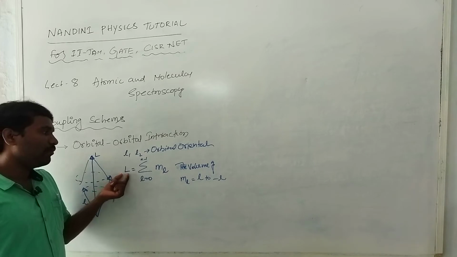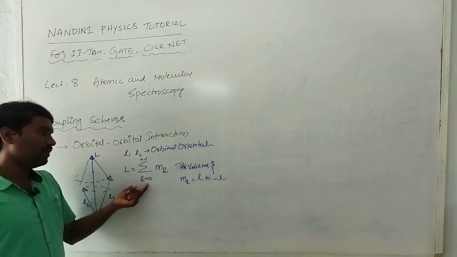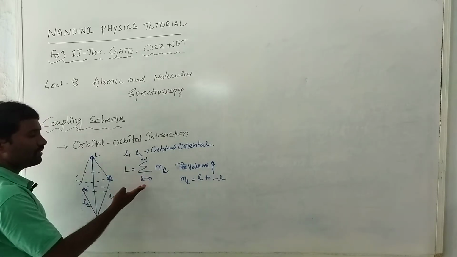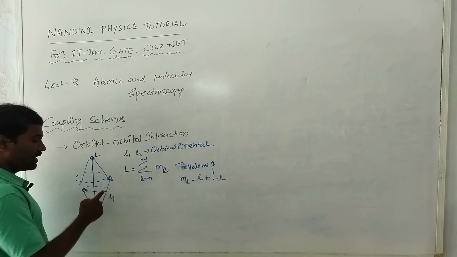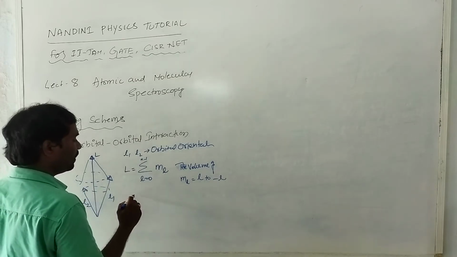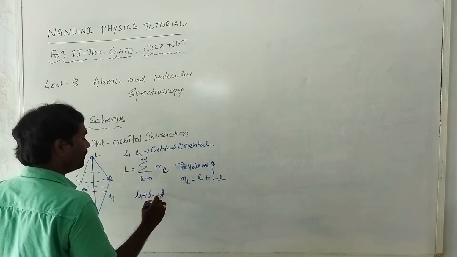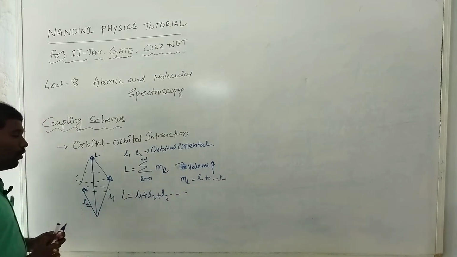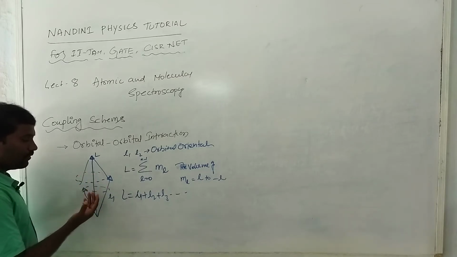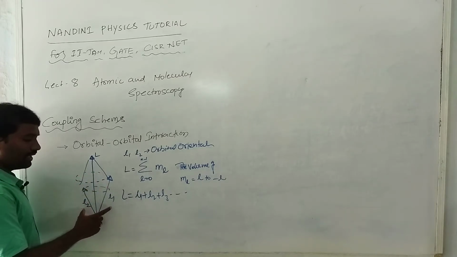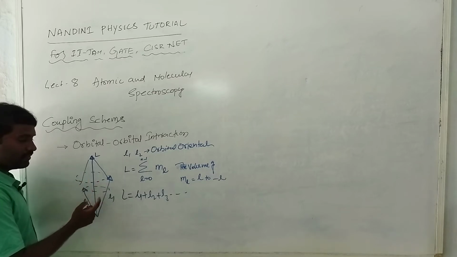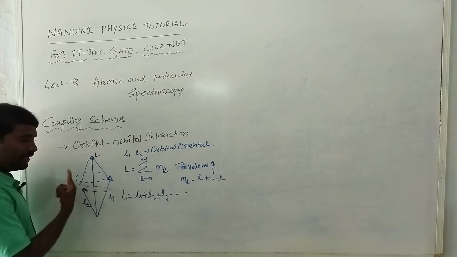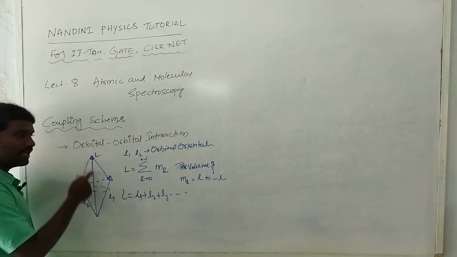So this angular momentum L is the sum for l equal to 0 to n minus 1. There is no 0 orientation, so that's why it starts with L1, L2, L3. These are L1 plus L2 plus L3 and so on. So this is total capital L, the orientation of each orbital. L1, L2, L3, L4 are the orbital quantum numbers of different states. Different states are oriented and finally they give the total angular momentum.